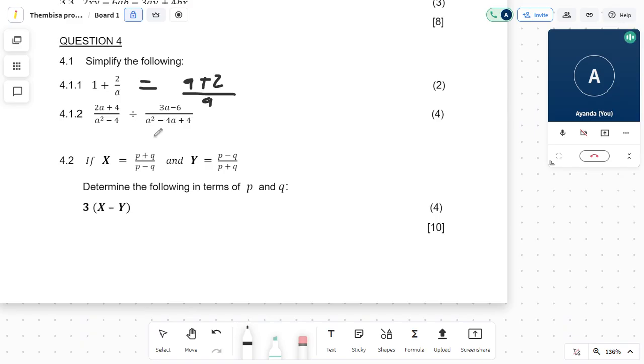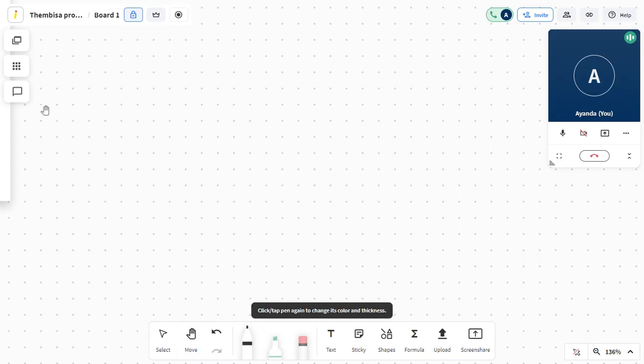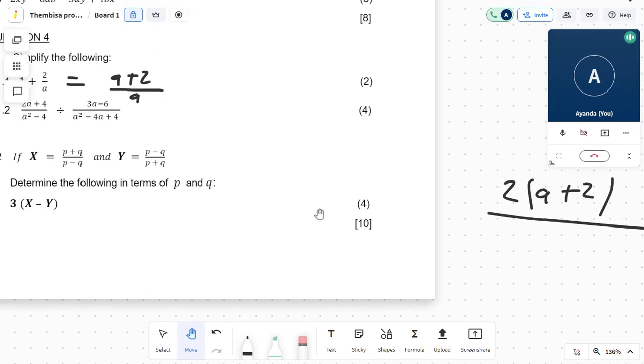Question 4.1.2 is a little bit more complicated. We have (2a + 4)/(a² − 4) divided by (3a − 6)/(a² − 4a + 4). So what we're going to do is apply the rule of multiplying by the reciprocal. So we'll be left with 2 times (a + 2) over, if we go back to,